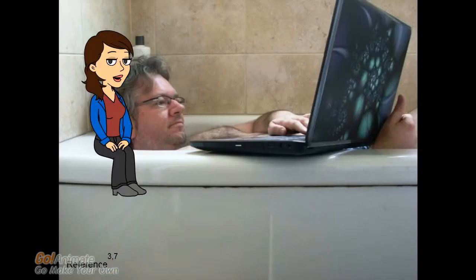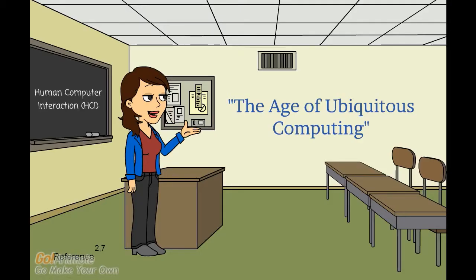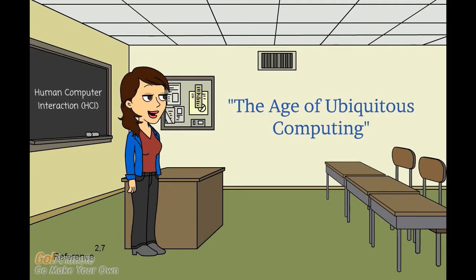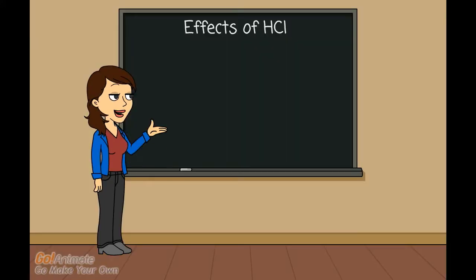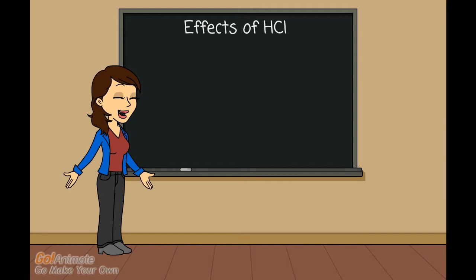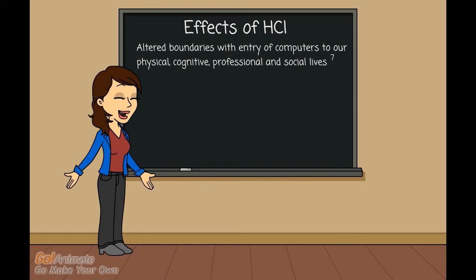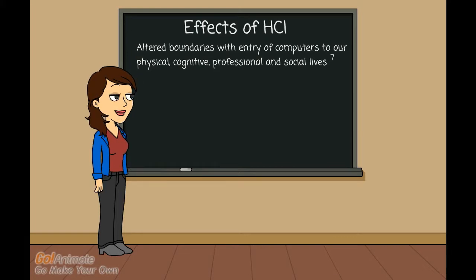We relate with computers in an increasingly personal manner with devices embedded in our phones, buildings, cars, clothes, and bodies. This brings us to what Rogers in 2009 referred to as the age of ubiquitous computing. Some effects of these technological relationship changes include altered personal boundaries as computers enter or extend our physical, cognitive, professional